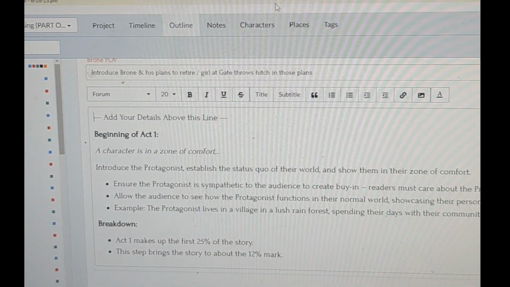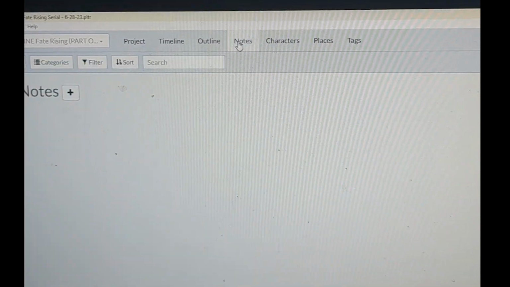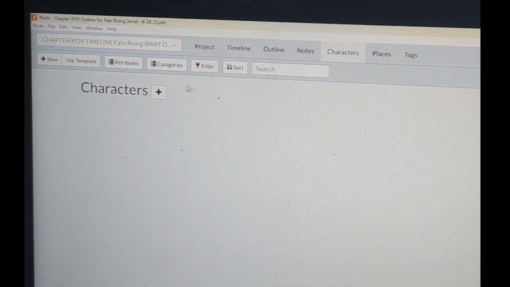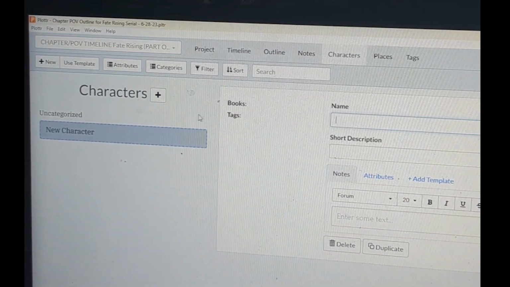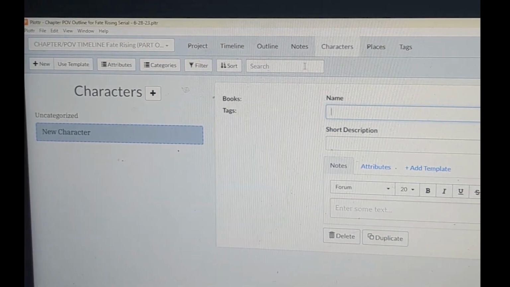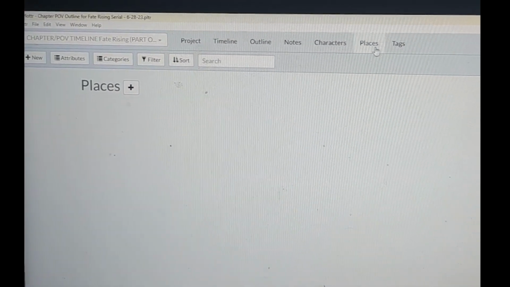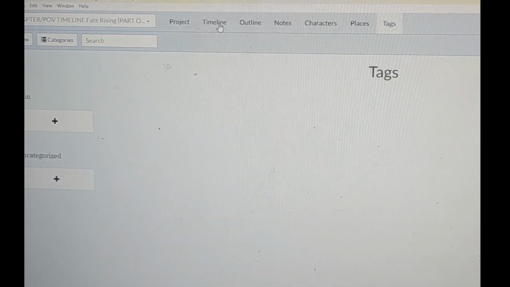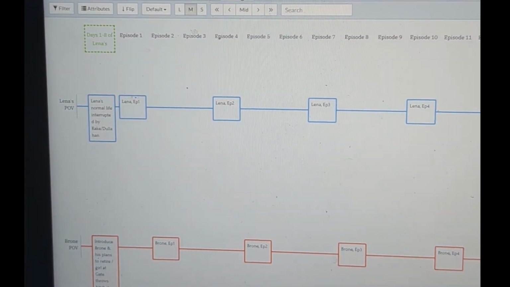You can also make notes on a story. You can keep character notes separately, and you can separate it by main characters and side characters and give them tags so that you can search them easily. You can do the same thing with places. You can create general tags for things in your story. But I want to just focus right now on the timeline feature